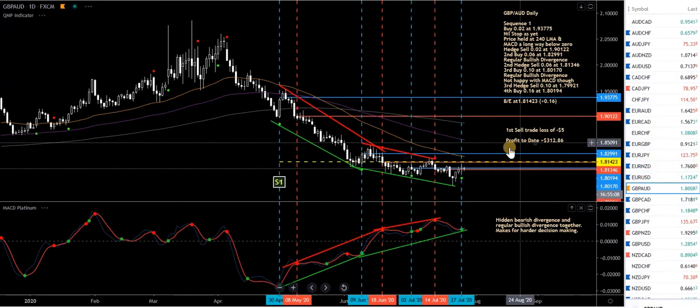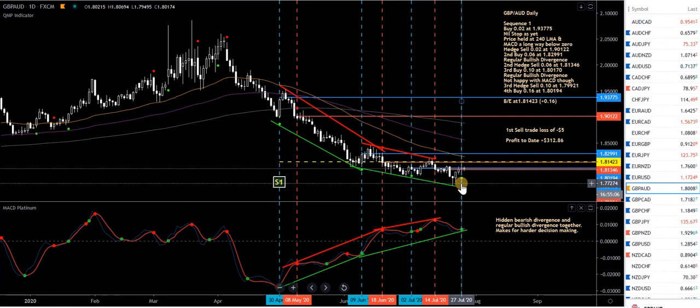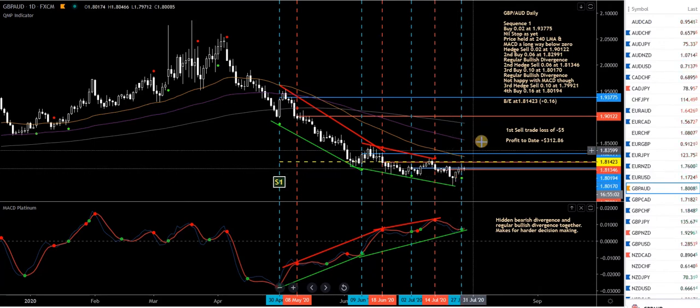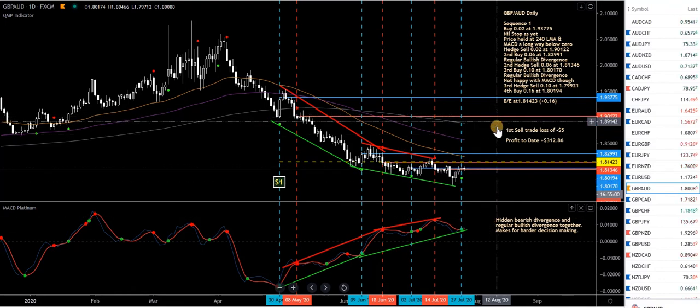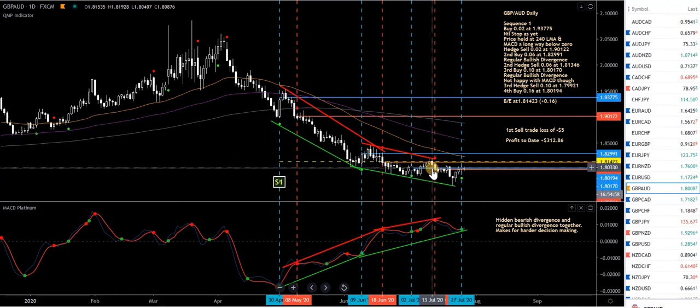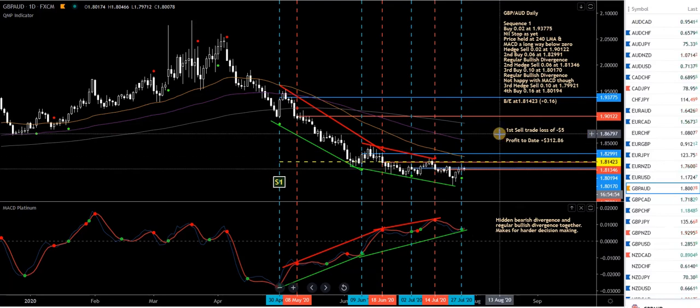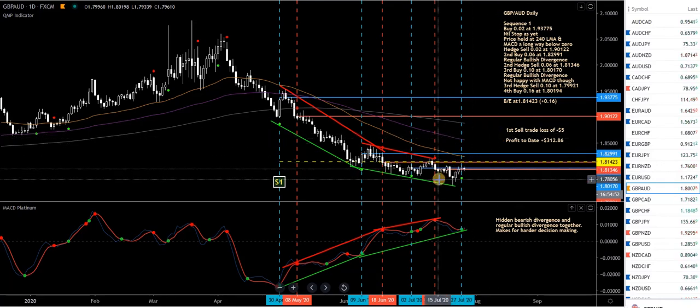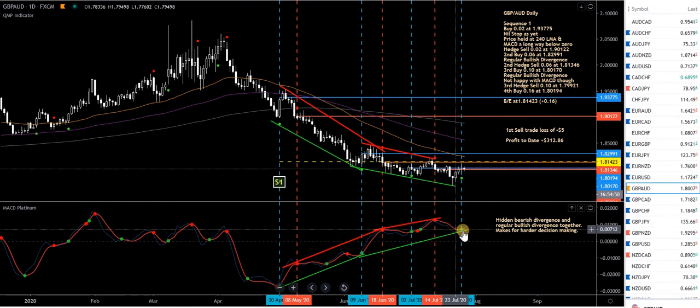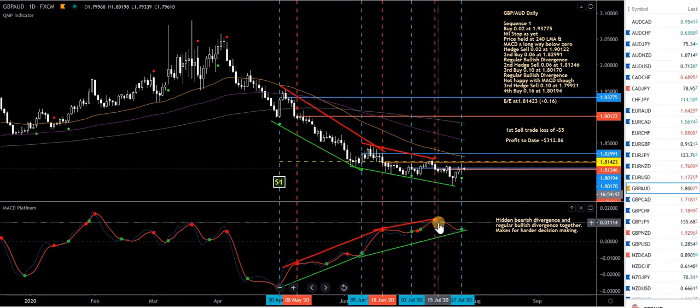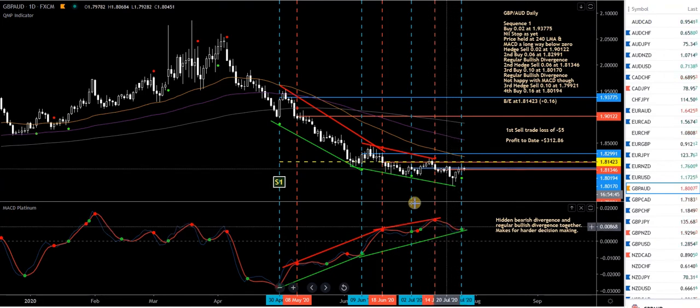Pound Aussie, this morning there's a new buy signal, which I was in a sell. Yeah, it's in a sell on here, and this buy signal. I took a small loss, $5. I just didn't want to muck around with it. Even though the MACD Platinum's above the zero level, I still think it's in sell mode. However,